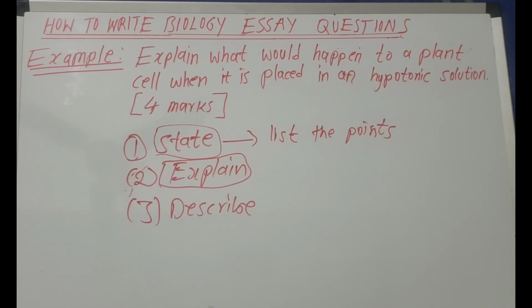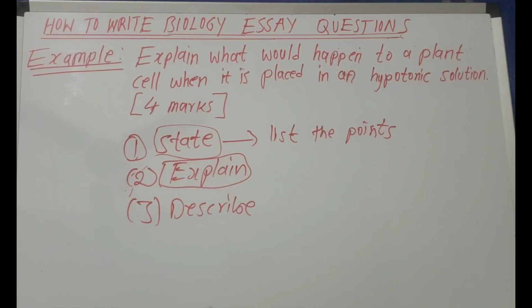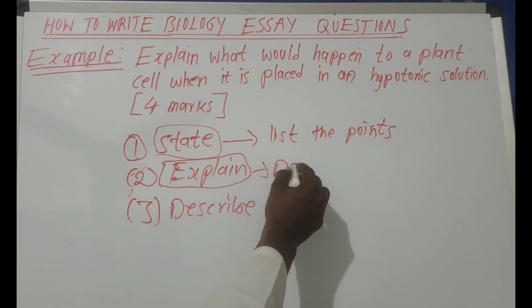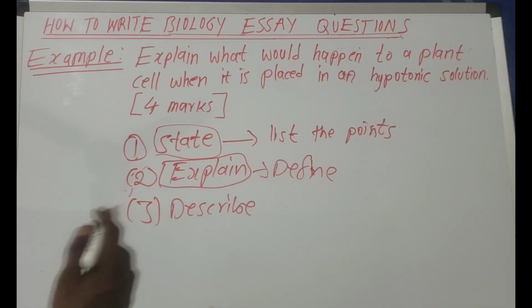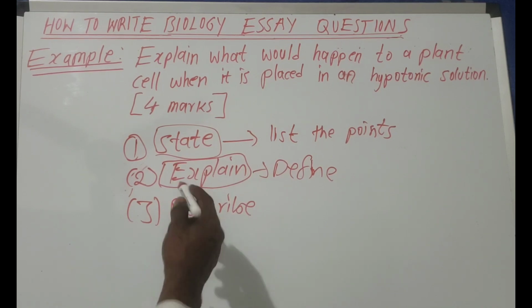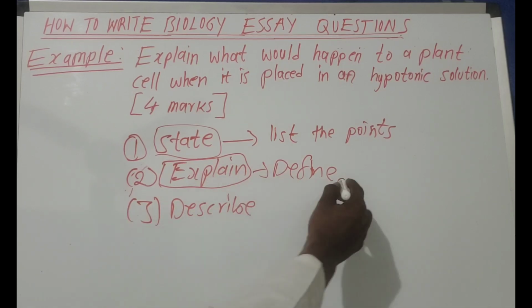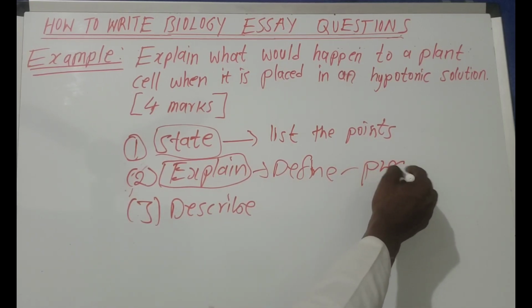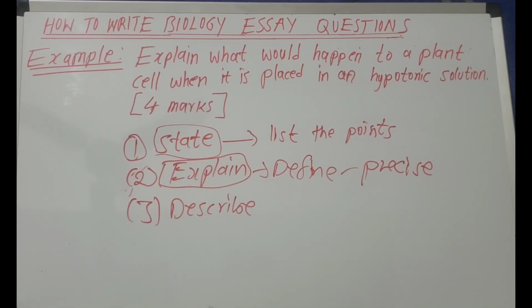You explain what happens. But even on the explanation part, when they tell you, for example, to explain diffusion, you just define. This is almost the same as define. If they tell you to explain or define diffusion, you just give them the definition. It is the movement of particles from a region of higher concentration to a region of lower concentration, just like that. So under this one, you need to be precise, accurate and direct to the point. You just explain in a simple way.